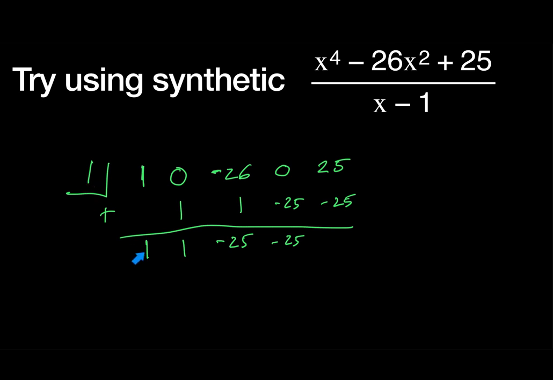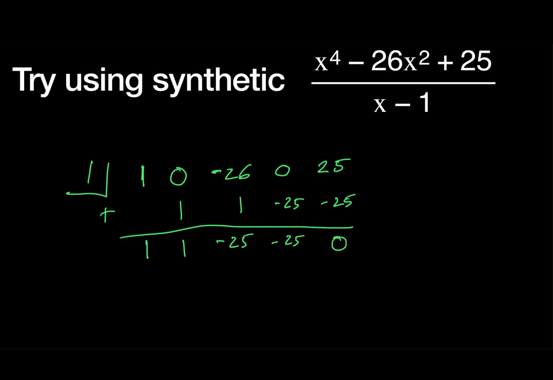Bring that one down. 1 times 1 is 1. We add, that's 1. 1 times 1 is 1. We add, that's negative 25. 1 times negative 25 is negative 25. We add, that's negative 25. 1 times negative 25 is negative 25. We add to